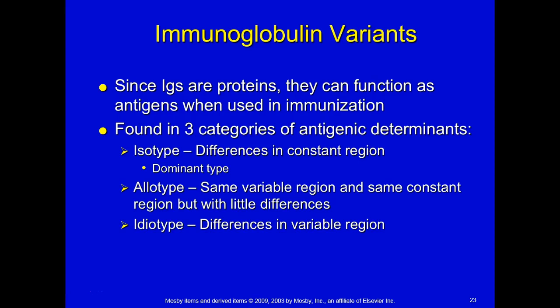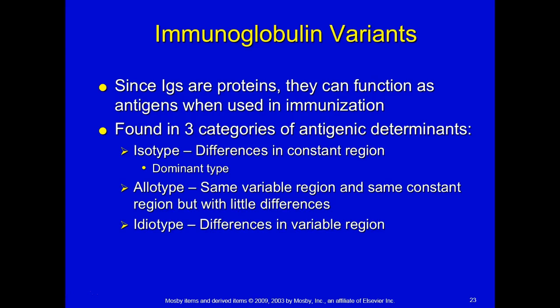And if you're an allotype, they have the same variable region and same constant region, but very little differences. I think they're all the same. That's how I memorized that one. In idiotype, there's differences in the variable region. And I always think idiots are variable people. So if you're trying to look for ways to memorize those,